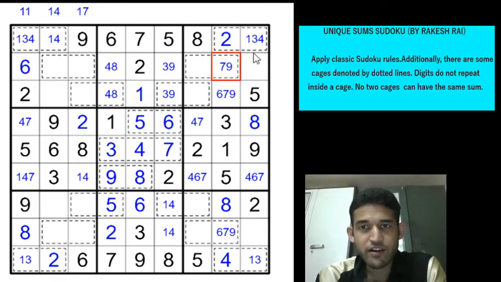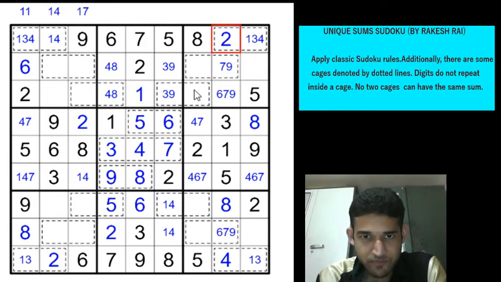Okay, we have a very sharp deduction now. Such deductions are usually difficult to see in a contest because our brain is used to seeing things which are much simpler to see. But these kind of deductions we can see with a lot of practice. So look at these two cages. We have a 2 here which is common to this 2 cell cage, and we also have a 2 here which is common to this 2 cell cage.